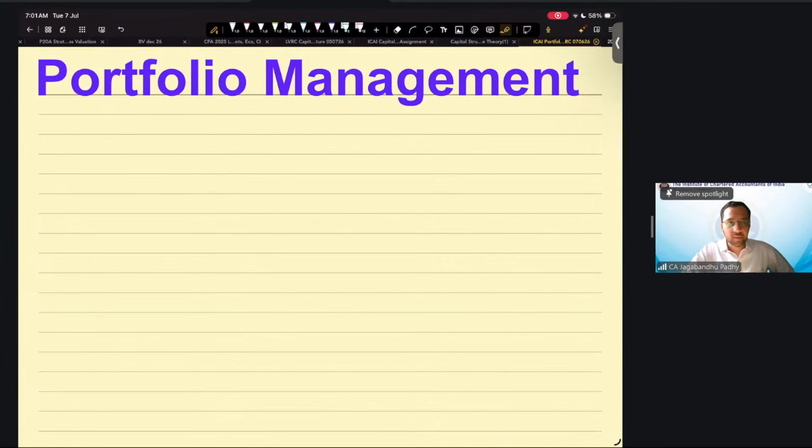So, I welcome you to this session for revising the concepts in the topic of portfolio management, which pertains to CA Final Paper 2, Advanced Financial Management. Now, in this session, we are going to revise the concepts of portfolio management, and also we'll be doing quite a few numericals to look at the application